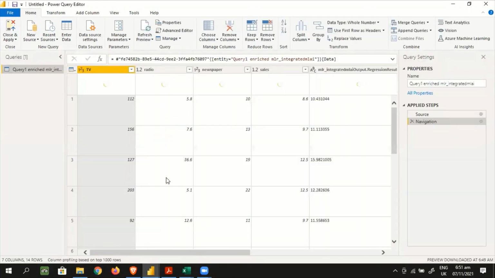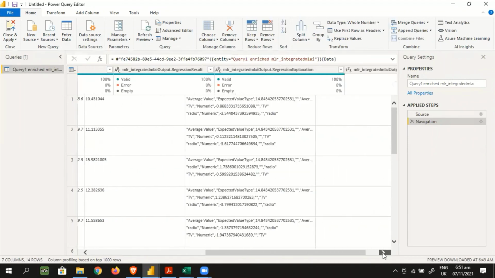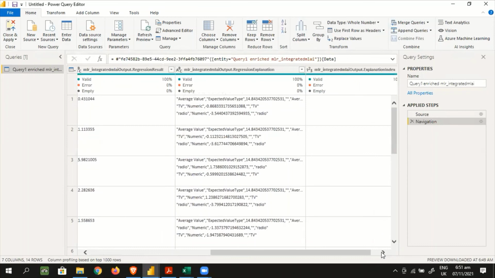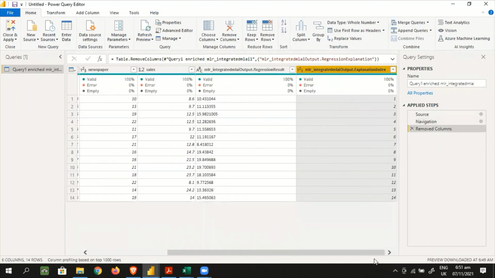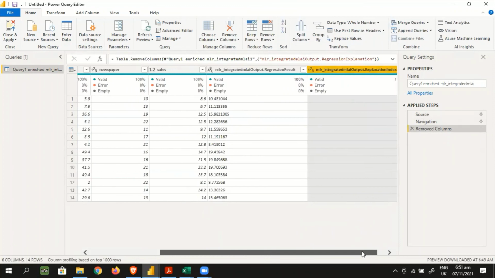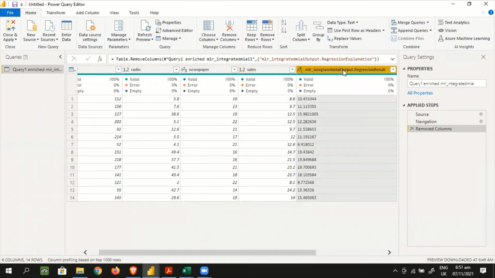So yeah, this is it. It's our TV and all of that. But I'm just going to take this away because I do not need this column. So remove this. All right. So this is it. This is the output, the real output that was gotten for the various months, and this is the predicted